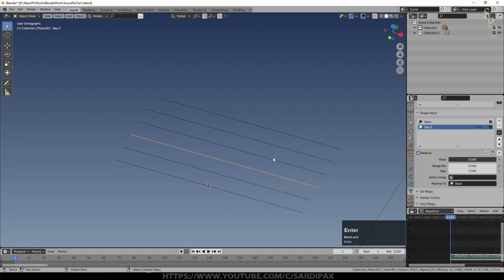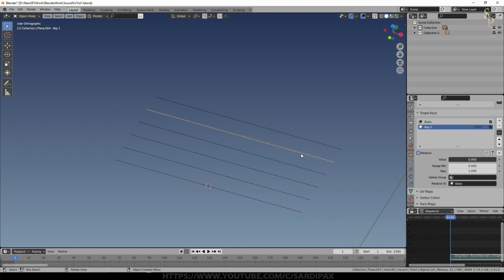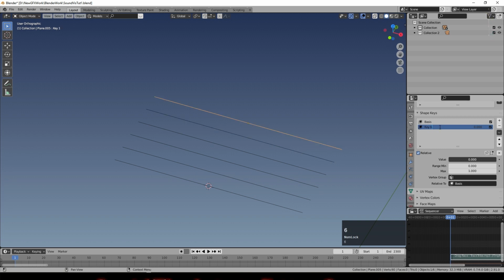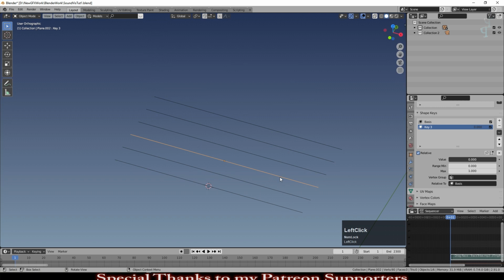Again, I remind you, you don't have to do this bit if you don't want to. If all you want to do is make something change in accordance with sound, that's coming up. But I thought I would show you how to do this because I think it's quite a good effect. So this is the 5th line, so key 5 on that one, and the 6th line, key 6. So you can see each of them have got a unique key.